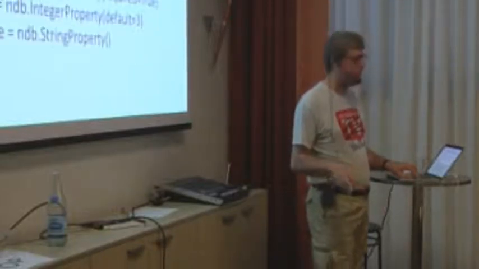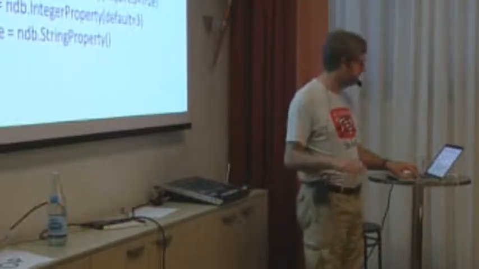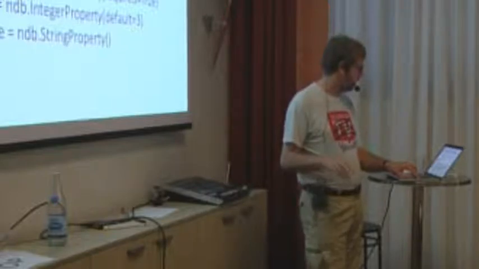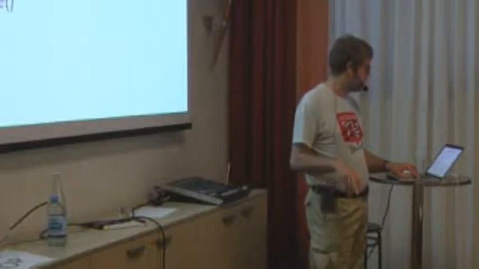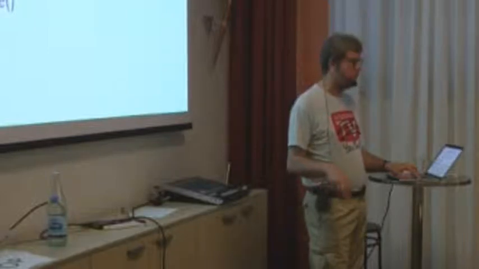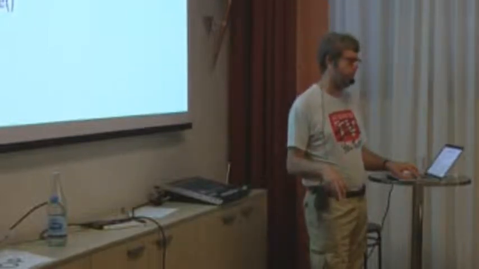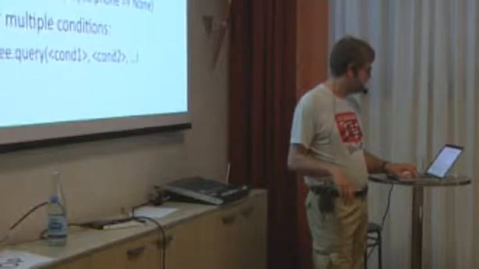Very basic: you define your model class, which is very similar to the way it looked in the old DB library. Reading and writing and deleting entities is more or less the same, except get is a method on a key object, and so is delete, because you don't really need the whole object in order to delete it. That sometimes trips up people who are converting from the old library.